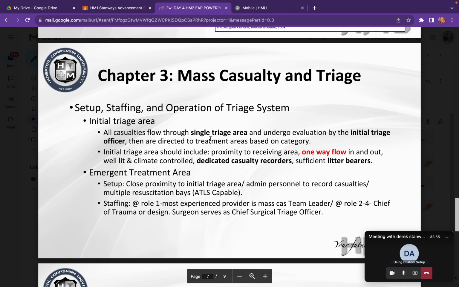Non-medical personnel, right? Because what do we need you to do? Treat the patients, treat the casualties, and so on and so forth. So for your Marines, your sailors, those non-medic or non-corpsman rates, those are who you want your litter bearers to be, so they can pick up patients and move them from point A to point B. For your recorders, that'll usually be your SEALs or another junior HM if they're not in there doing interventions.